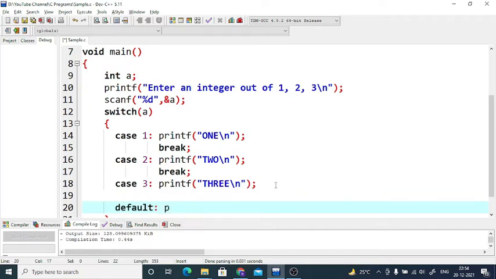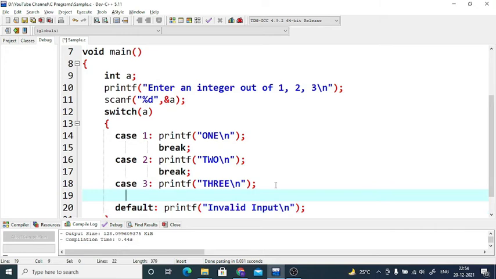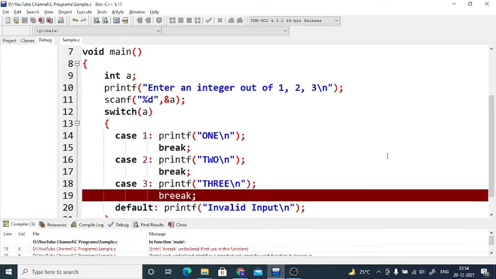So default, I would say printf invalid input. And now your case 3 is not the last case, so it will also need break. Otherwise, after printing 3, it will fall through to print invalid input. But now it will not happen that way.